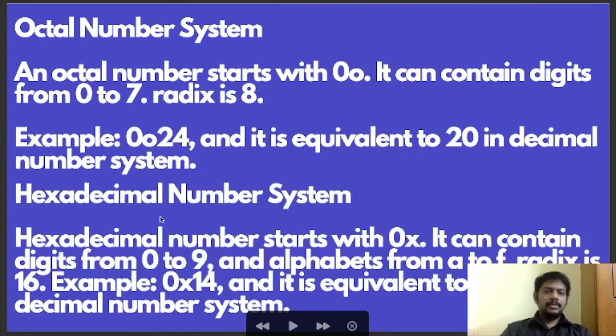Next, hexadecimal number system. A hexadecimal number starts with 0 and x in small case.